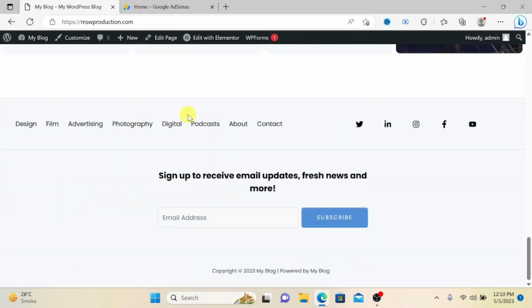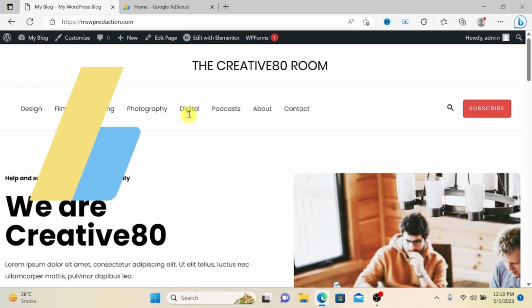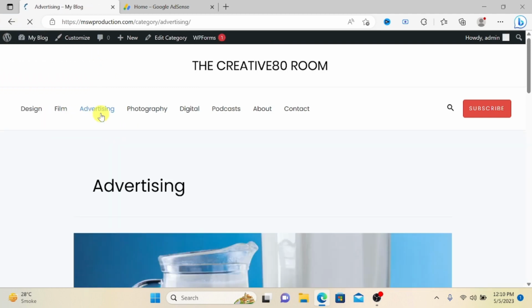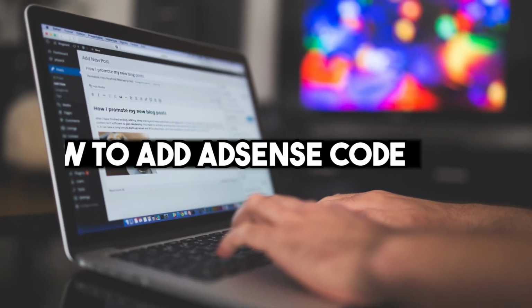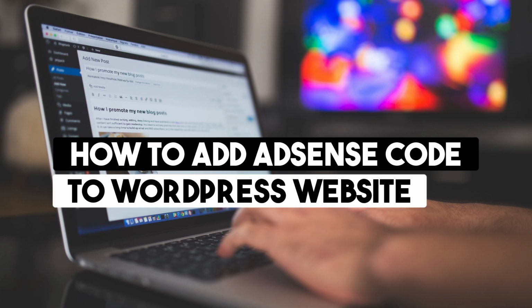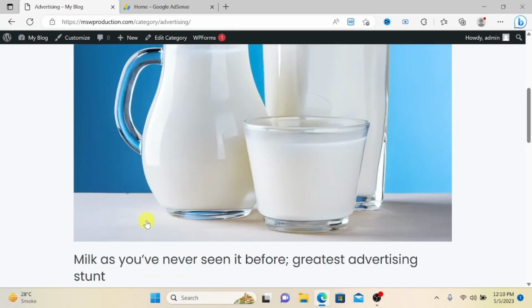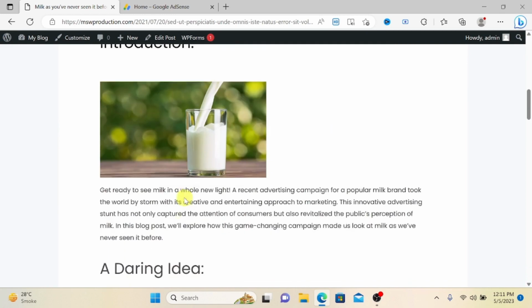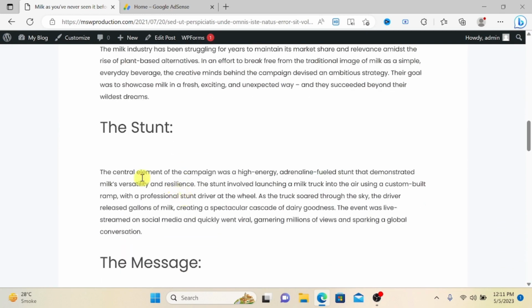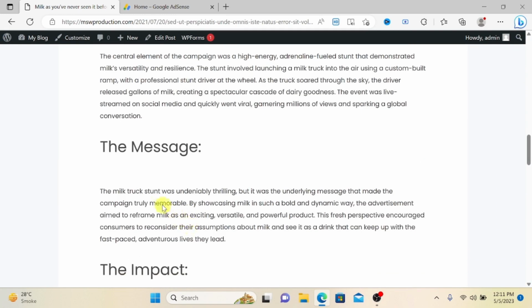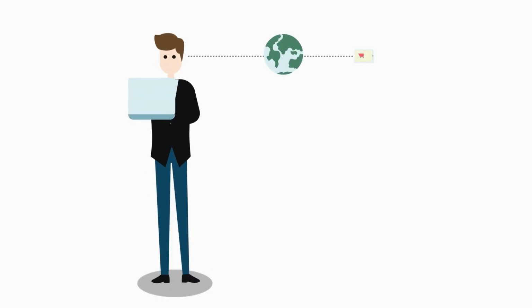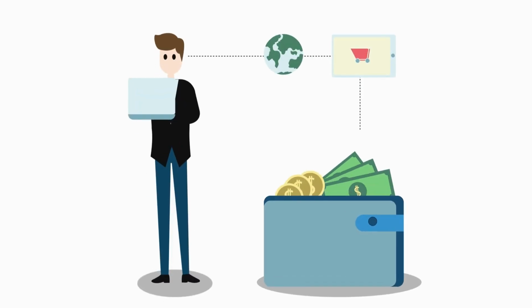Today we have an incredibly exciting tutorial lined up for you. We'll be exploring the world of Google AdSense and unraveling the process of adding AdSense code to your WordPress website. As many of you might already know, Google AdSense is a powerful tool that allows you to monetize your website or blog by displaying targeted ads to your audience. By incorporating AdSense into your WordPress site, you can tap into a new revenue stream and turn your passion into